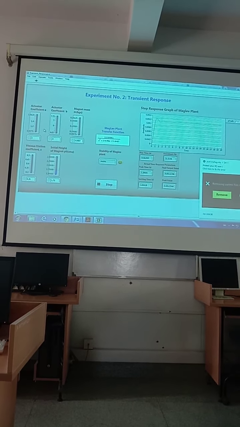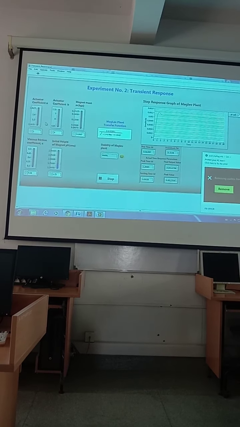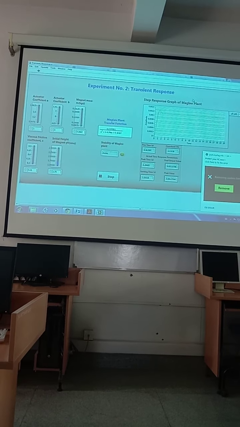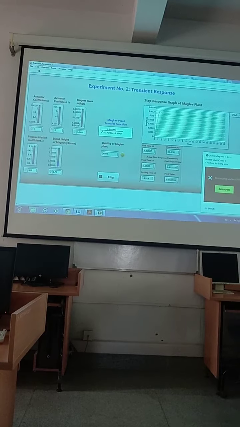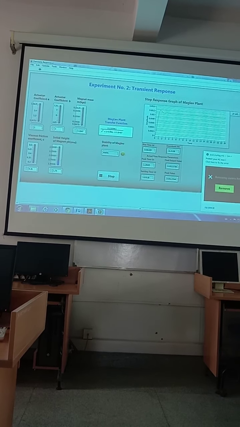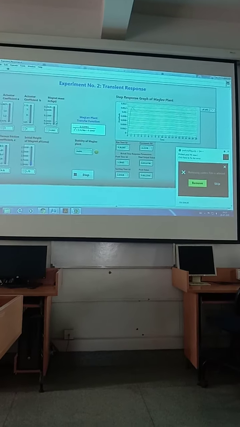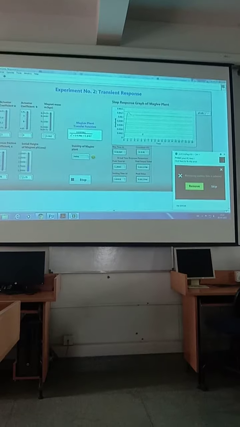If you run the experiment, you will get the results in two types: one is a graph, and the other is the readings.